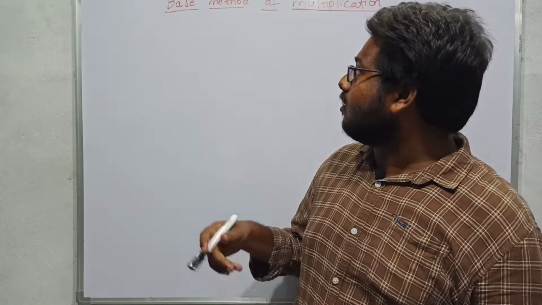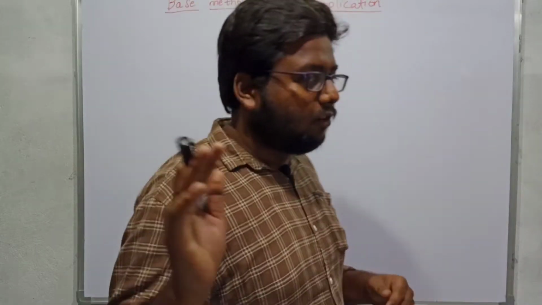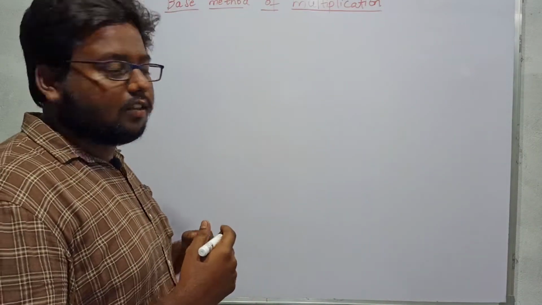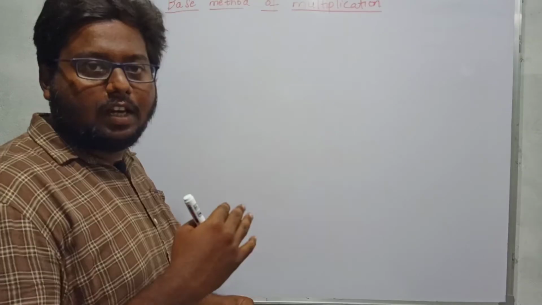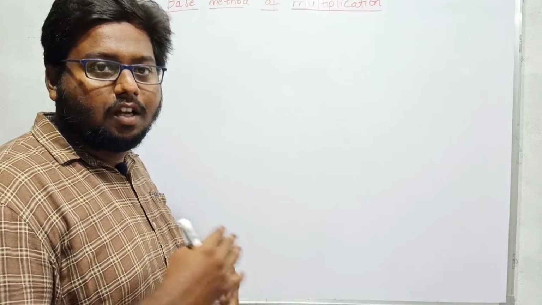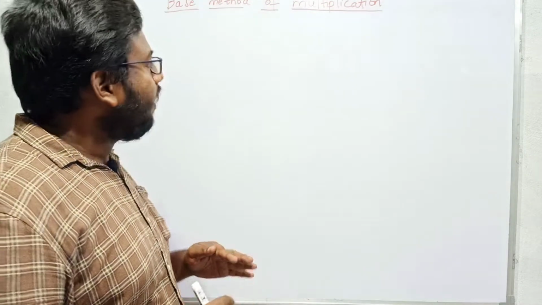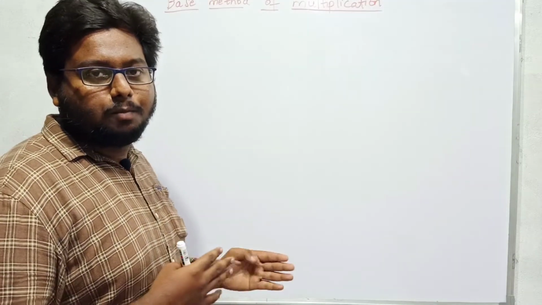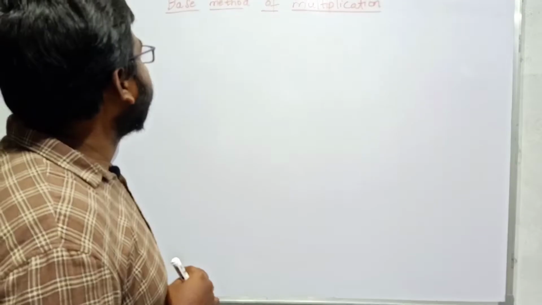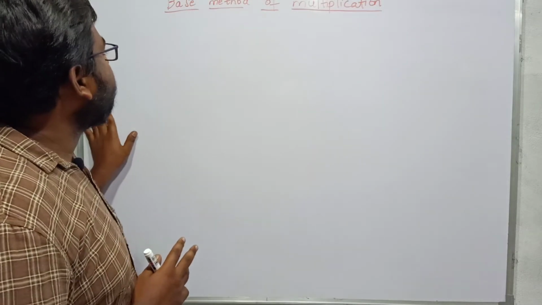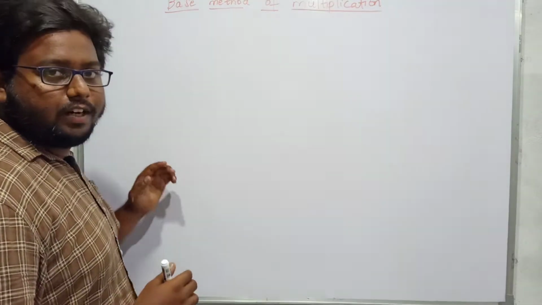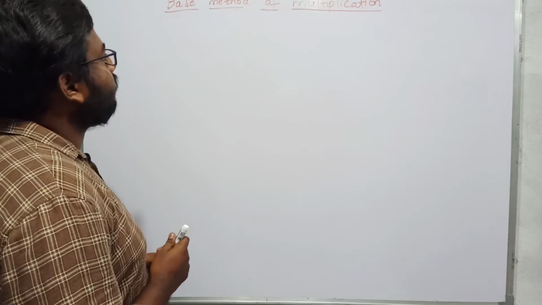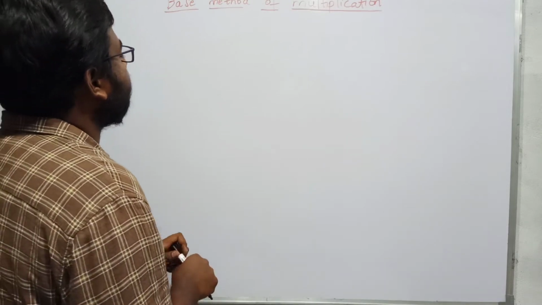Now I want to discuss the base method. Until now we have been going from basic level to high level, that means from additions and multiplications on different series, and then we completed the basic squares up to 50 and basic cubes up to 20. Now we get to the base method of multiplication. Base method is a very important method in multiplication. This is very useful to solve so many problems in competitive exams. So let us see some examples.